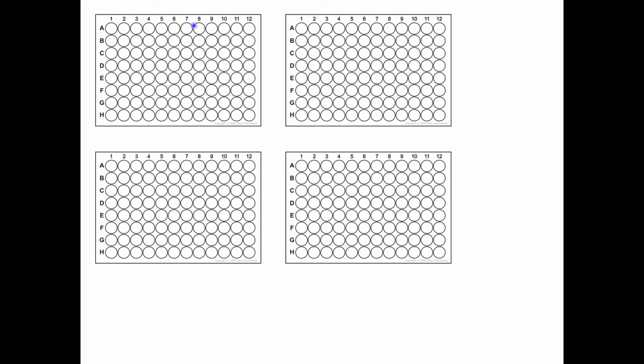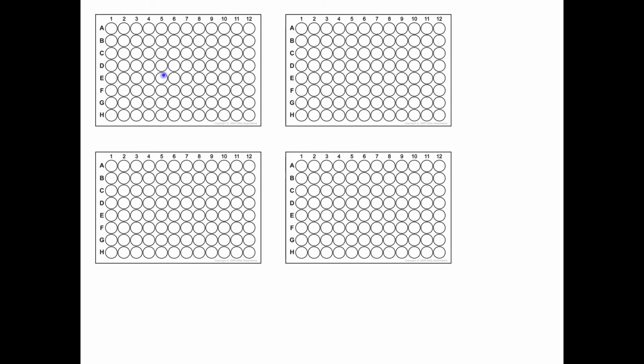And so you can treat this plate as one block, this plate as another block, this plate as another block, and this plate as another block. Now, if you have a bunch of different treatments, you may not be able to replicate within this block. And as a result, you won't have any replication of your treatments within this block. And so this would represent another situation in which you have an unreplicated block design.